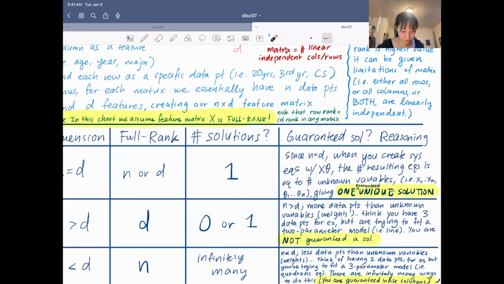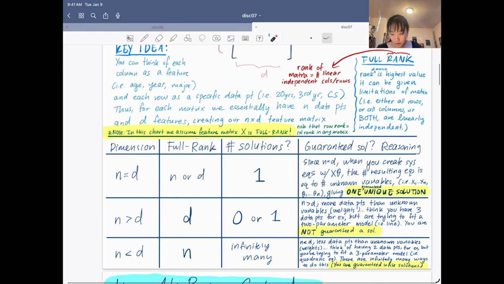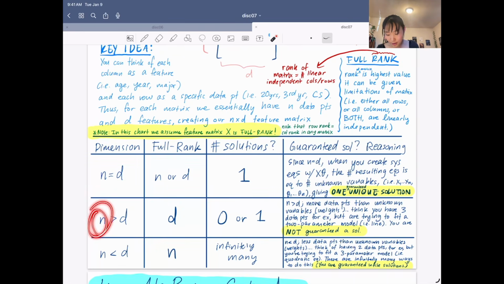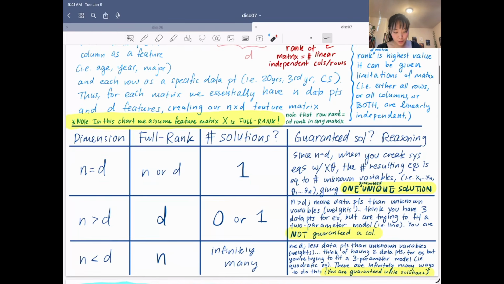For a very specific case, there is a possibility that all 3 of your points happen to end up on a line, in which case there might be one solution. But there's also the case where you can't draw a perfect line for those 3 points. And so you're not guaranteed a solution when n, the number of rows, is greater than d, the number of columns. And your full rank for this matrix will be d,